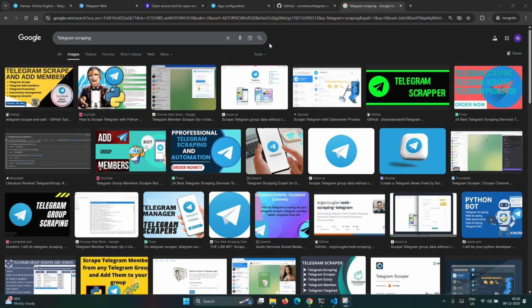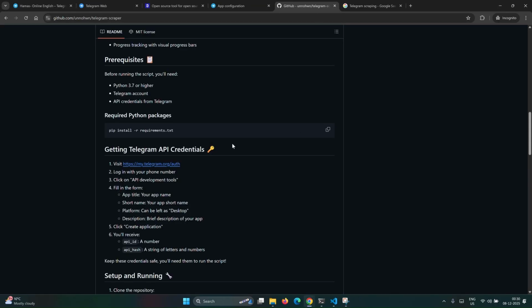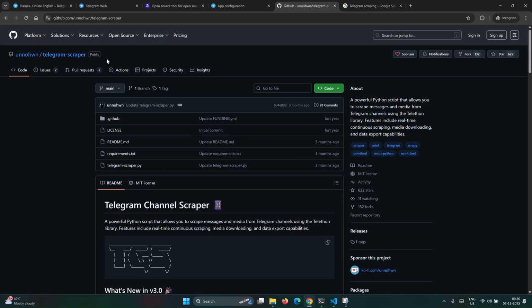Welcome to this session of Telegram scraping. To scrape any channel from Telegram, we should first have a proper Telegram account, and we should have a Telegram API ID and API hash. The tech stack here is Python. I'm using Python to scrape the data from Telegram, and there is an open source Python library called Telegram